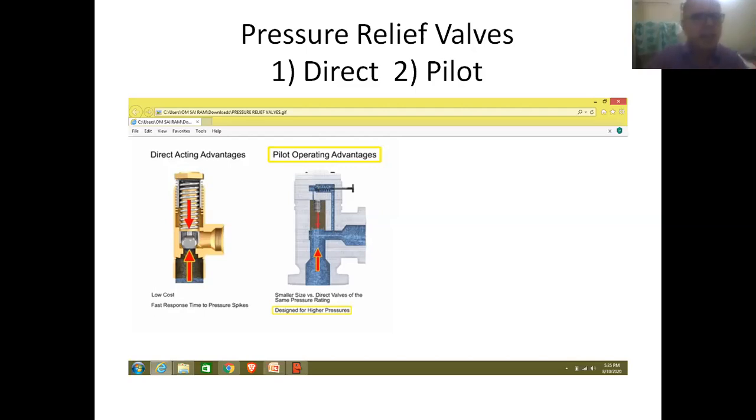And here a spherical element is placed as a moving element. This is a heavier element when compared to the poppet, so these types of valves are used for performing medium operations.